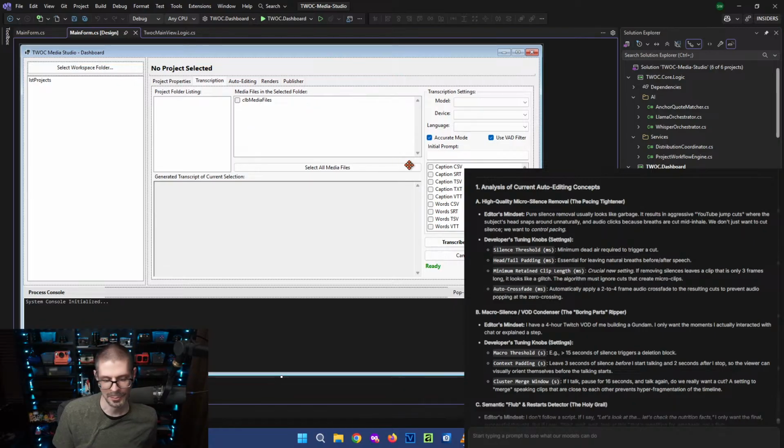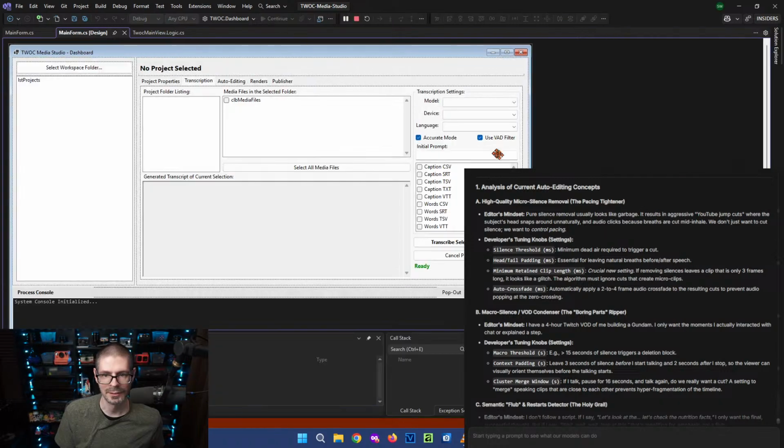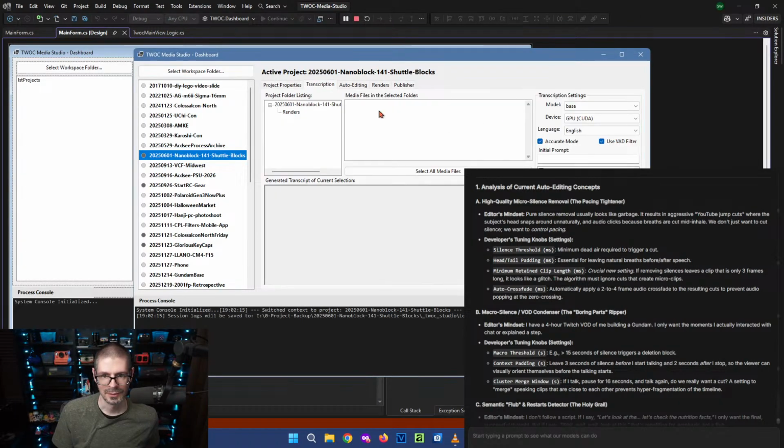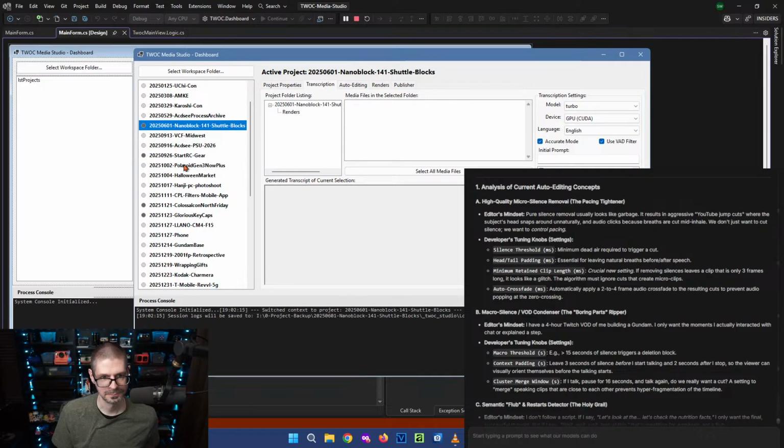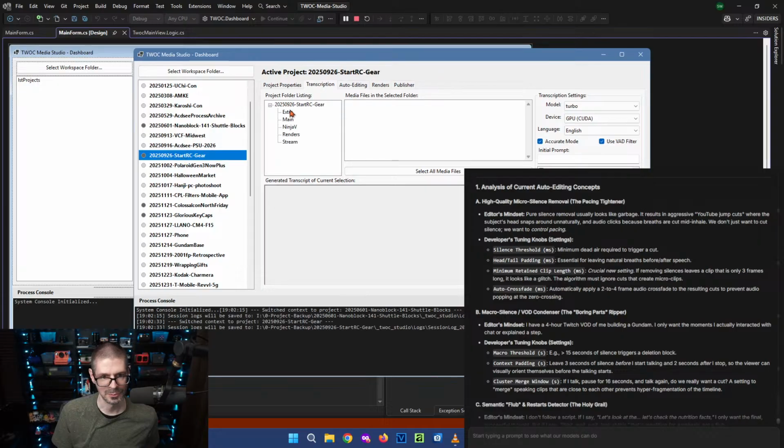But the Whisper API would be one option to at least do part of it. So in this transcription thing, there's various models that it can use. Maybe the turbo one's fast enough. I haven't tried it. But if I select this turbo thing and then pick one of my video projects here, I'm trying to think of which one might make sense.